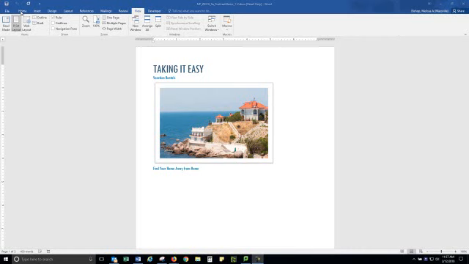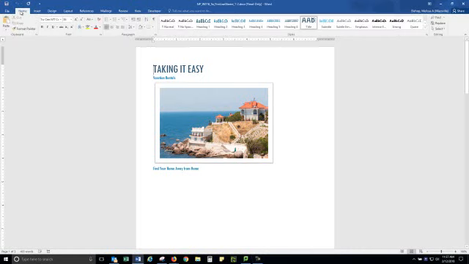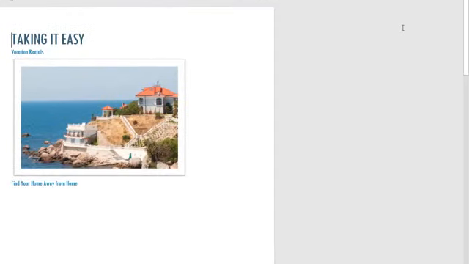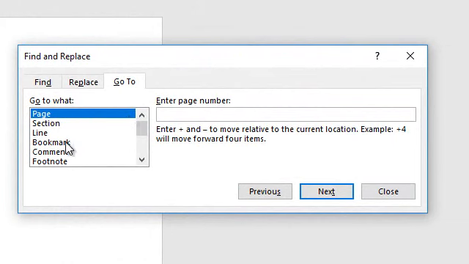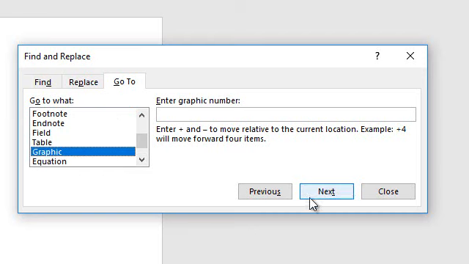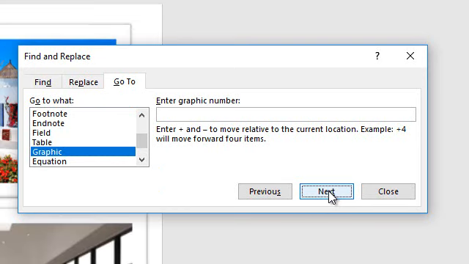So to get to the Go To tab, we need to click on the Home tab. And then in the Find group, we'll click the More option for more menu options and click Go To. And now when we get the pop-up window for Go To, it asks us where we want to go. So we can scroll down this list, and in this example we want to go to the graphics in this document. So I'm going to click graphics, and then I'm going to click next,